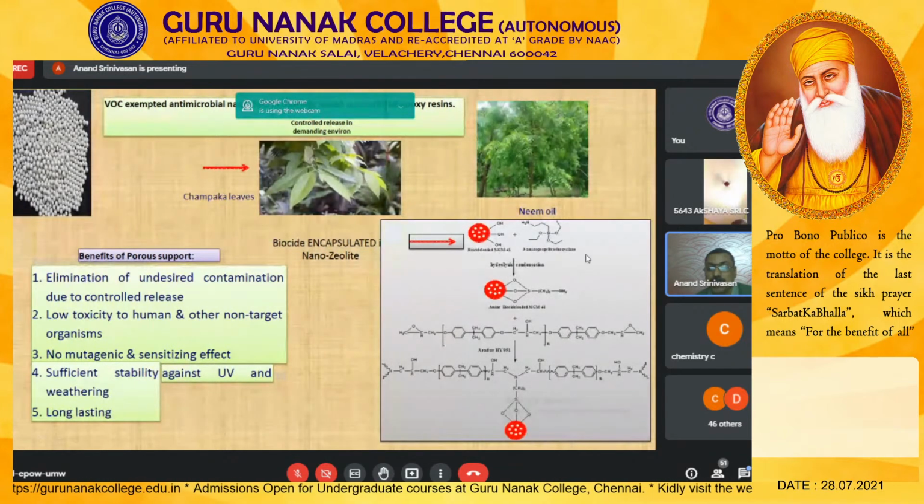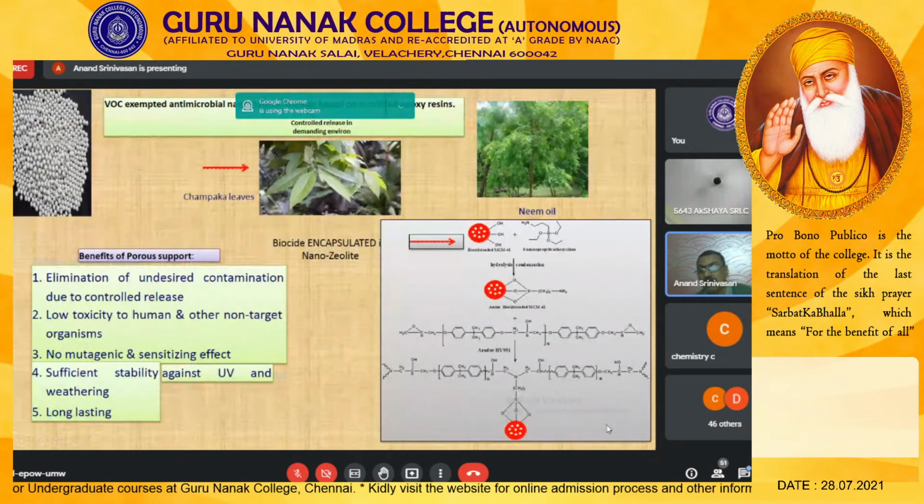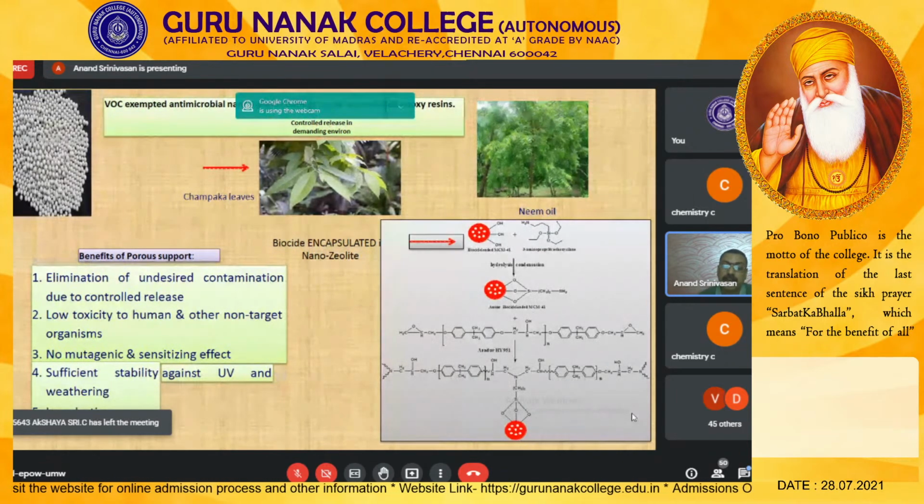So what we did initially, we loaded the biocides into the pores of zeolite, and the surface of the zeolite is modified using chemical pathway, and we were able to produce functionally modified or functionally terminated zeolite containing biocides. This NH2 is capable of reacting with epoxy resin, so we have used epoxy resin for coating. So once we react this functionally terminated zeolite containing biocide with epoxy resin, we were able to realize sustained release of your biocide into the atmosphere, because biocides, when released instantaneously, are not going to provide any use. It will be available for only a certain period of time.